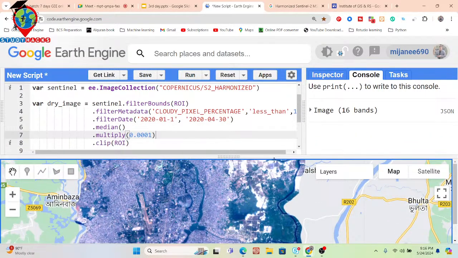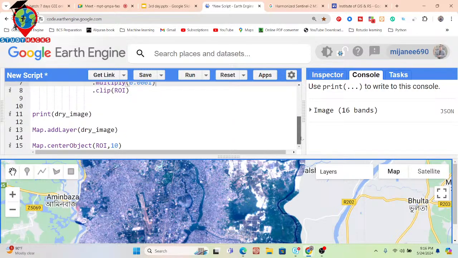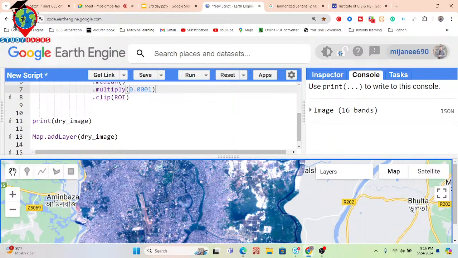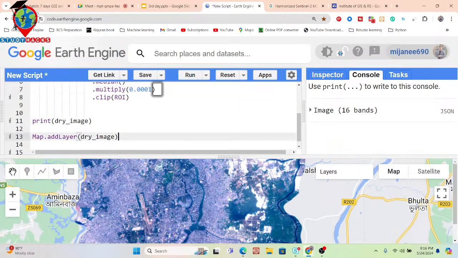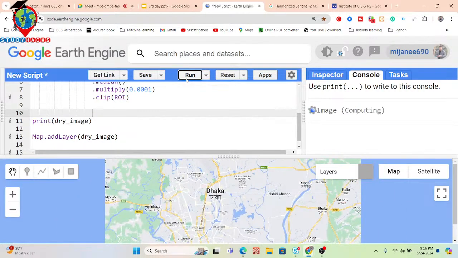Further, I want to import this visualization in my code editor. Actually, if I don't import this visualization in my code editor, then what happens? Suppose without importing this visualization I click run, you can see this visualization will be gone. We get the same default color.